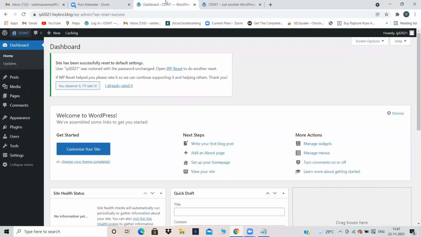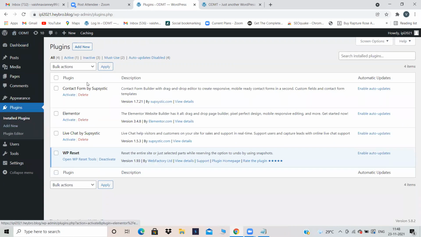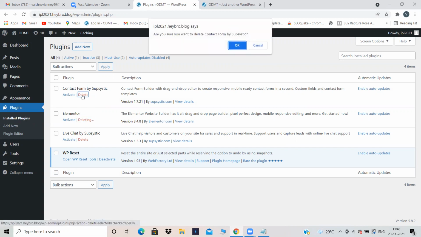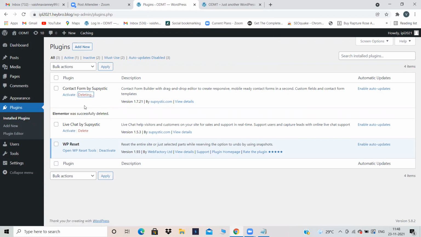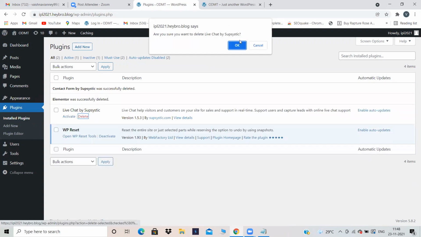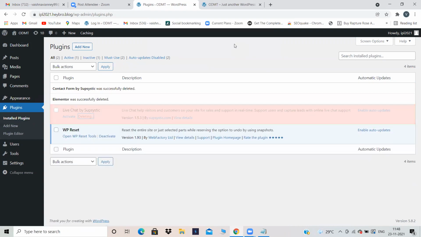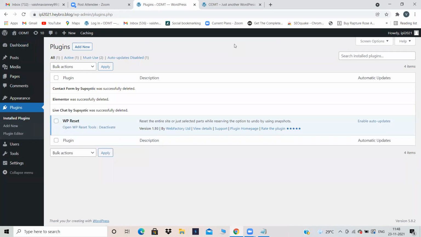So first thing, if I want to install Elementor, how can I install it, Pranita? Maybe go for plugins. Plugins and add new. Yeah, even if you have reset your website, your old plugins will be there over here. Only they'll be deactivated. They'll not get deleted. So if you want, you can just delete them, because first we will install, then we will activate, right? They'll not get permanently deleted, so it's up to you whether you want to delete or not.